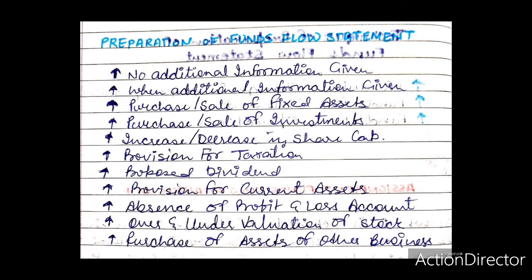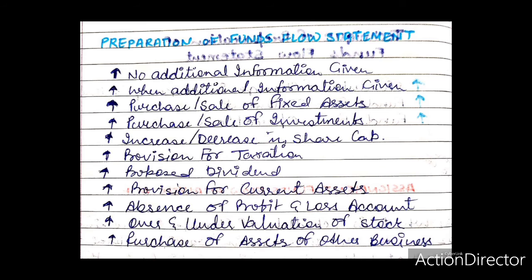B. The opening and closing debtors may be taken at gross value, and these provisions are shown separately as a current liability in the schedule of working capital changes. In such case, the increase or decrease in both the debtors and provisions will affect the increase or decrease in working capital. The net effect, however, would be the same as noted in A above.